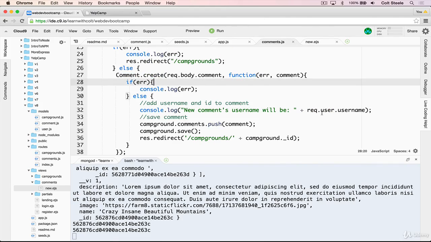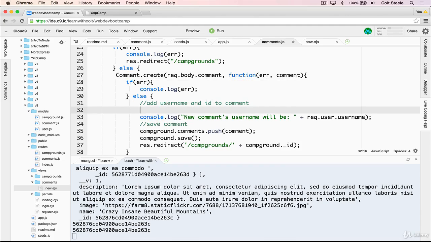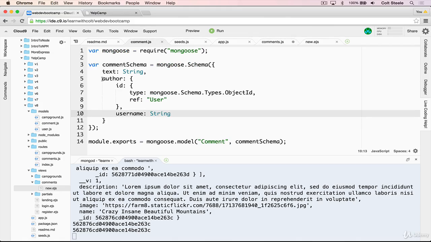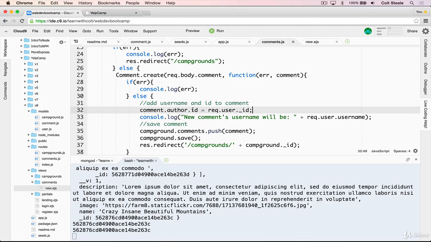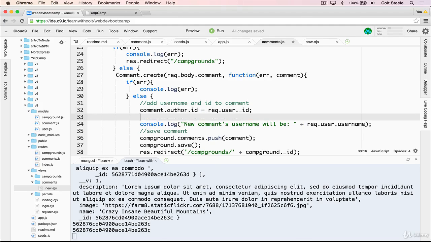Now let's use request.user.username and .id to actually associate the user with the comment. So to add the username and ID to the comment, let's start with the ID. We just write comment.author.id equals request.user._id. And comment.author.id is because of the way our model is set up. So a comment has an author, and an author has an ID and a username. So let's go back now. comment.author.id is request.user.id, and